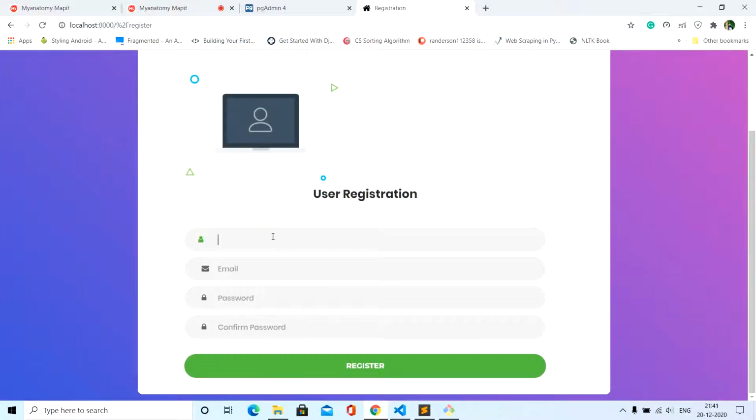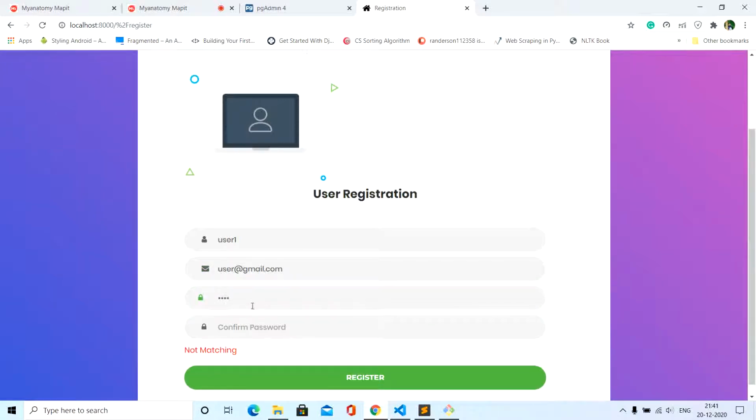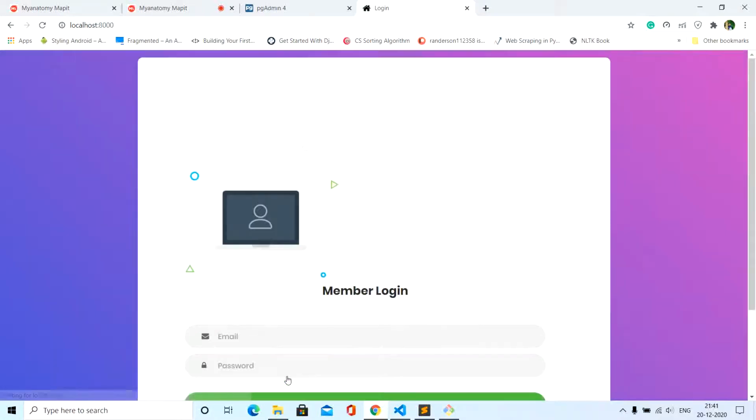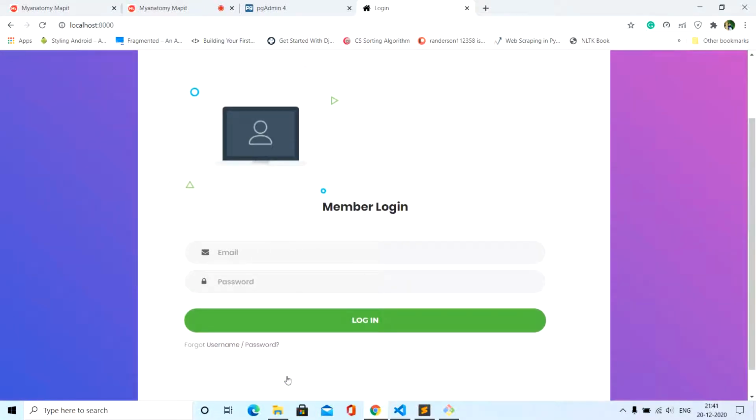Now we will create a user with username user1 and mail user@gmail.com. With this, a new user has been created on the web application.